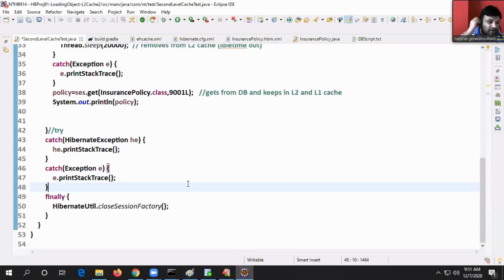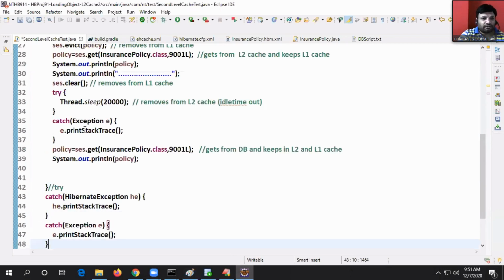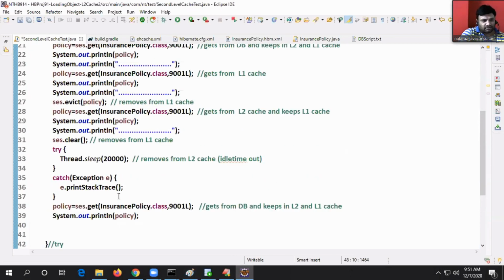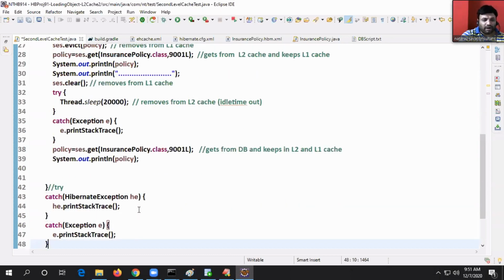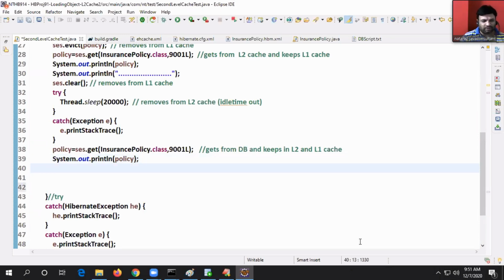But I want to control second level cache, sir. If you want to control second level cache also, okay. No, I want to remove everything from second level cache without having idle time. Then what should I do? Explicitly, I want to delete, sir. Then what should I do? Let's see. Cache is equal to